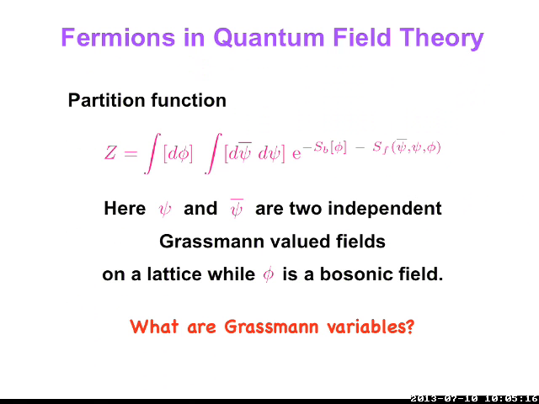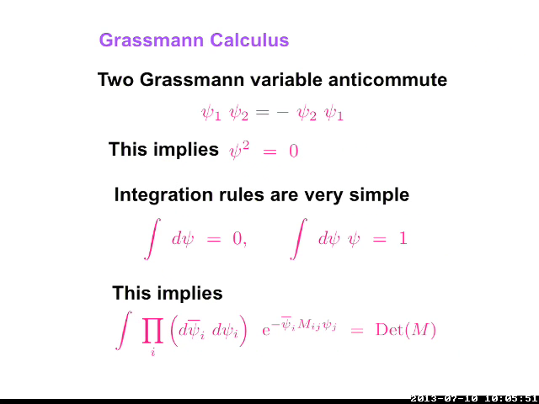So let me begin with the review of fermions and quantum field theory. Typically, when we want to do some kind of problem, QCD or a 4 fermion field theory or anything, we start with a partition function which is written in terms of certain bosonic fields phi, and the fermionic fields are represented through Grassmann variables. And I'm sure even any condensed matter system can be rewritten in this particular form. This is quite general. And so the question is, when you try to do Monte Carlo simulations, one has to understand, what do you mean by Grassmann variables? Well, what do you mean by Grassmann variables, period?